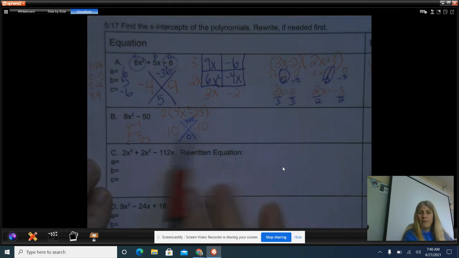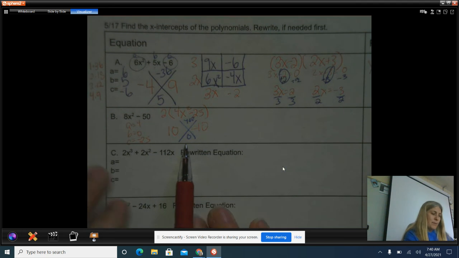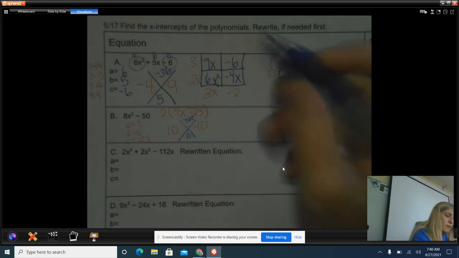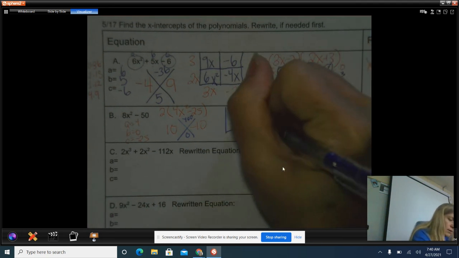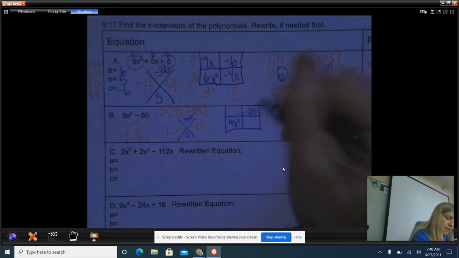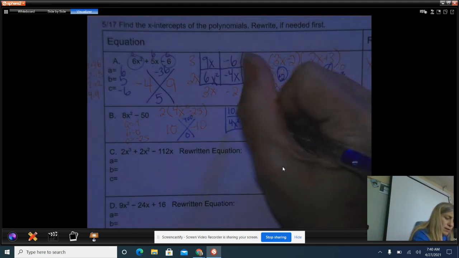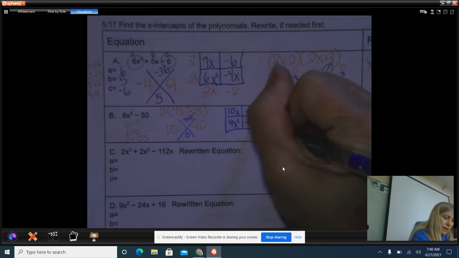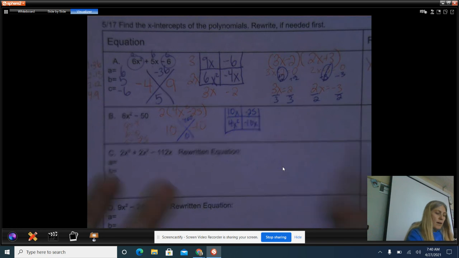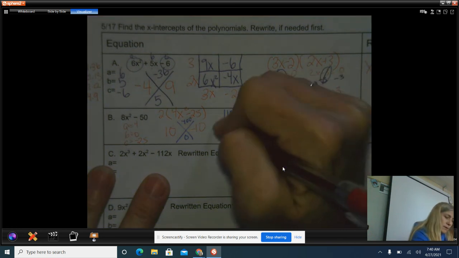And that's because these two have to be opposites in order to add or combine together to be 0. So now we're going to go ahead and put that over into our generic rectangle. We have our 4x squared, our negative 25, and then our middle term, which is 0, is broken up into 10x minus 10x. Now I see that 2 is divisible by both sides, so it's going to be a 2x